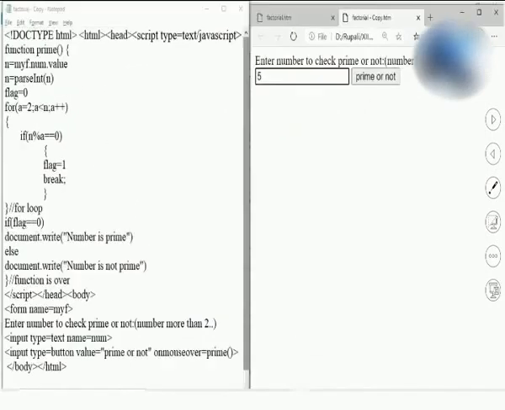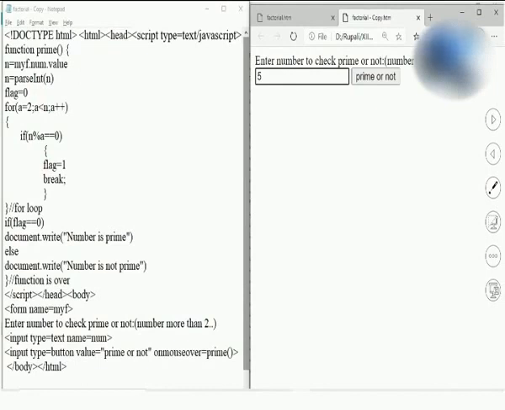Now here observe, this is a prime number program. In this also I have used the for loop. Observe the new statement over here, that is the break statement. The use of the break statement means I am breaking the for loop in between, though the condition is true. A for loop gets executed when the condition is true.